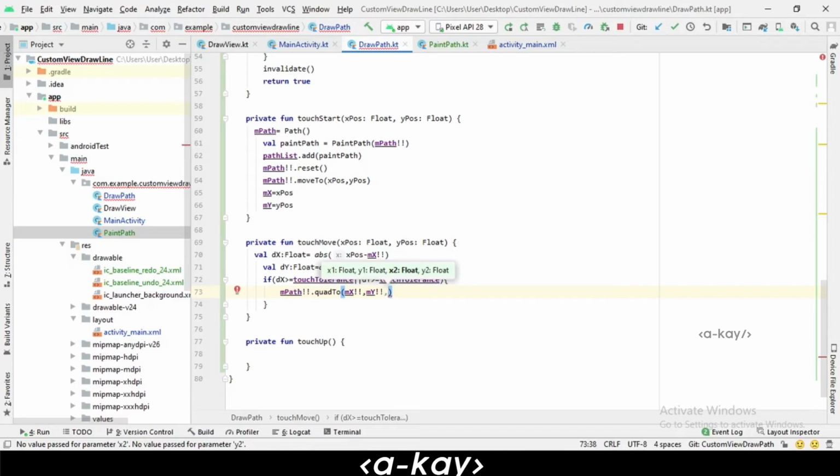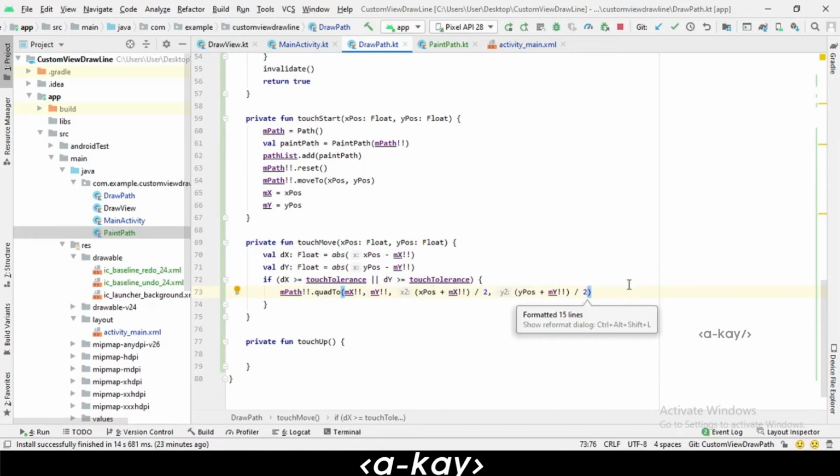make this x position plus that mx divided by 2. X position plus x not null divided by 2, and same y position plus my divided by 2.